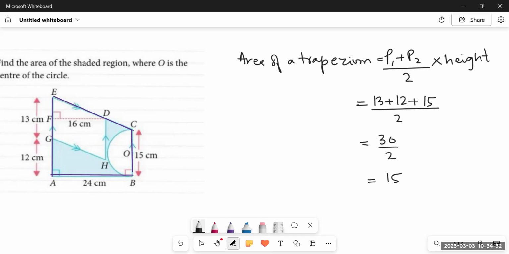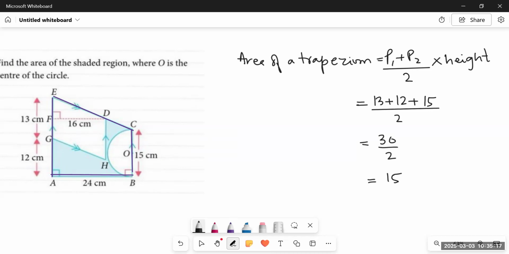Why do we do that? Because in a trapezium, the two parallel lines are not equal in nature. And to find out the area, we need a base. So what we do there, we just add them up and find their average. That is, if the two parallel lines would have been equal, then each of them would be 15 centimeters each. That is how we come to know the base.